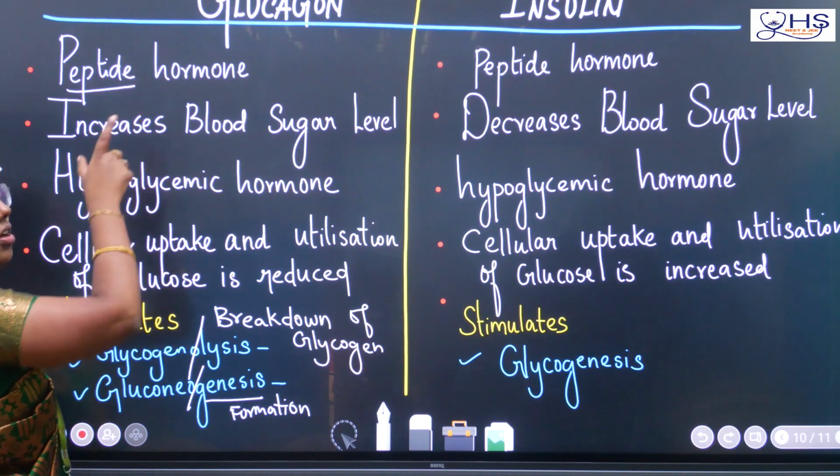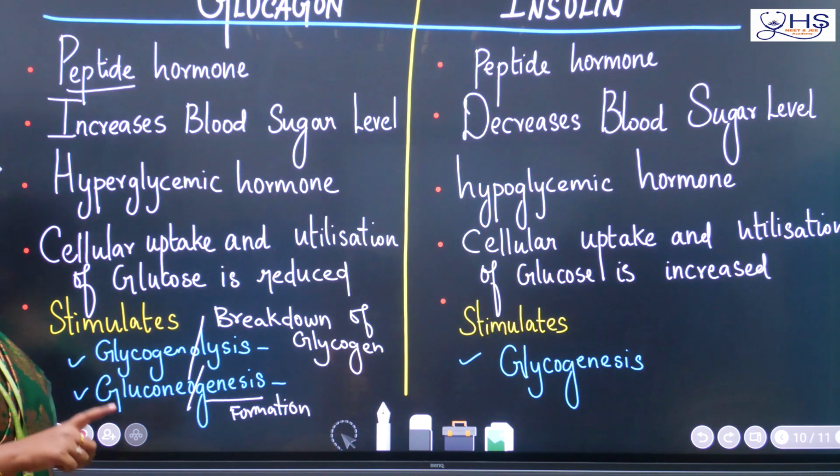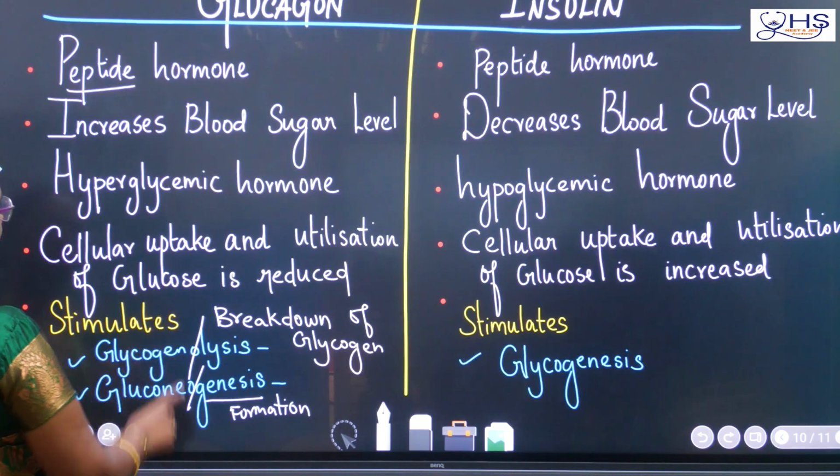Because of the hormone glucagon. Who is producing glucagon? Alpha cell or beta cell? Alpha cells. Okay. So, the second process is